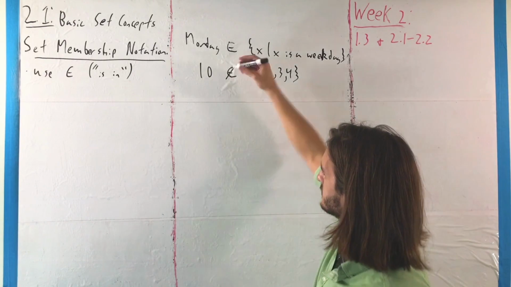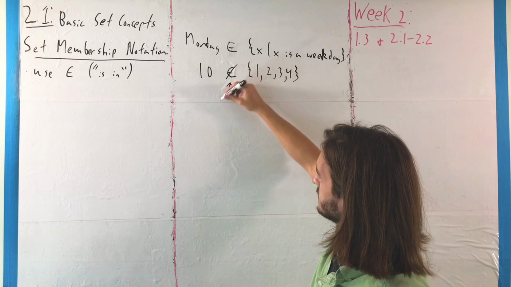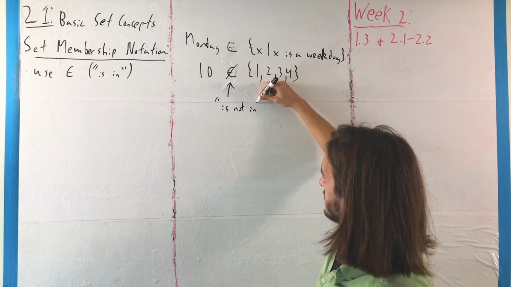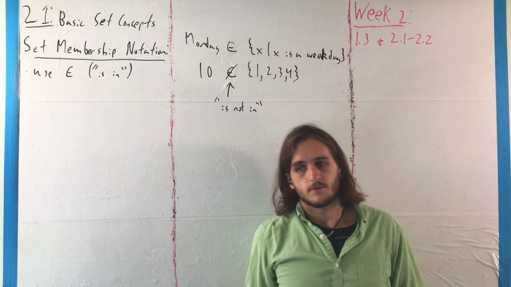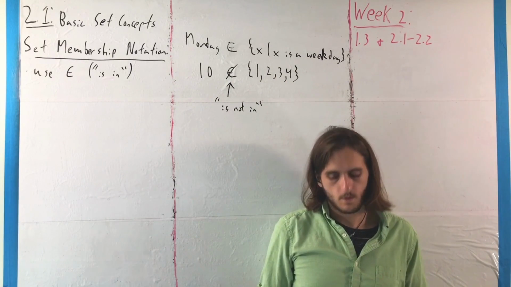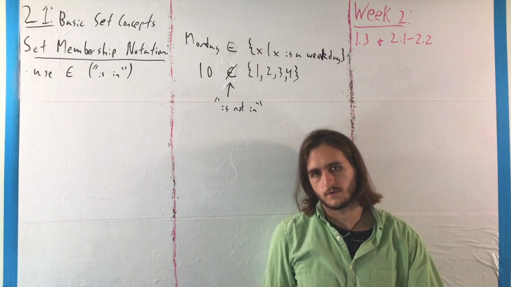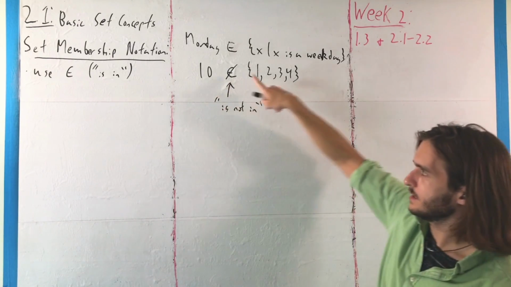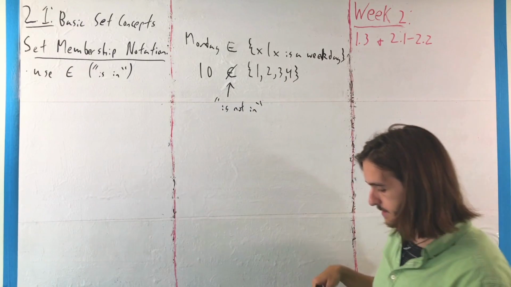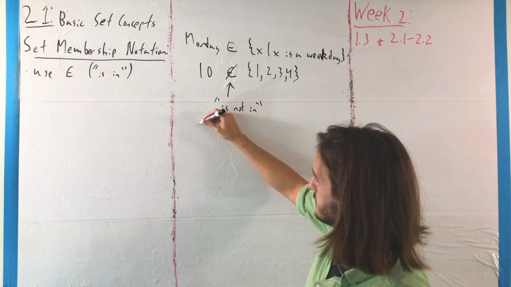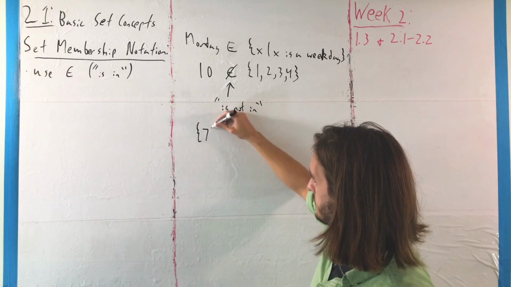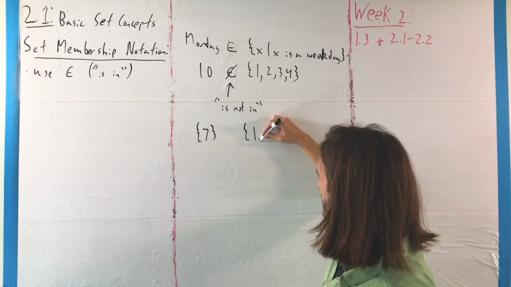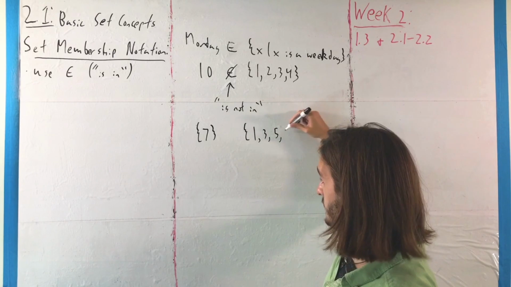Or in other words, what this symbol says is something like "is not in," "is not an element of." It's not in there. And then one other thing you have to be very careful of with this sort of inclusion notation is the distinction between elements and sets. That if we have something like the set containing the number 7 and the set containing the numbers 1, 3, 5, and 7,